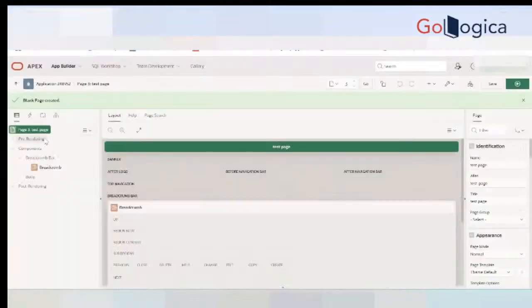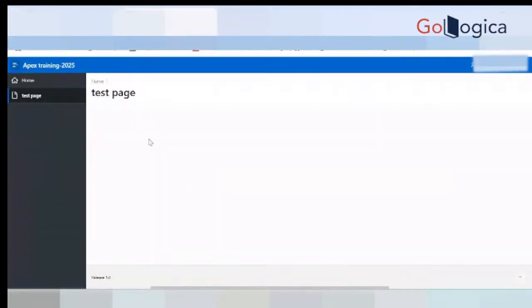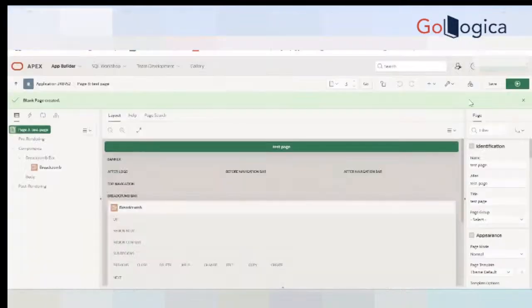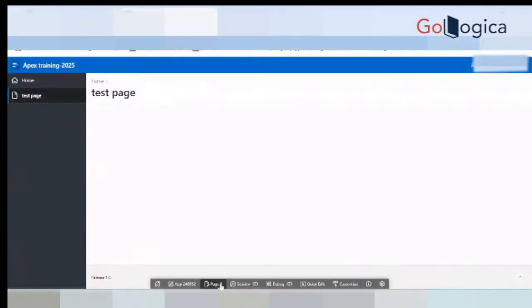Now we can do whatever we want to do on this page. This page is created and it is blank for now. We have created page number 3, right? And in test page we can see this is page number 3. Okay. So now the next thing is, most of the companies, what they want,